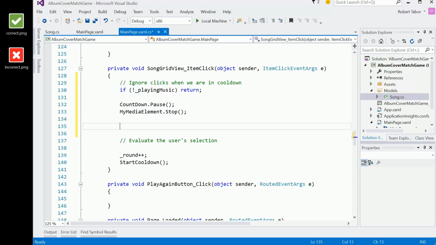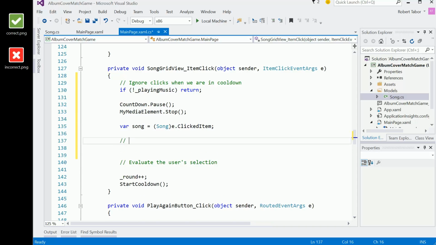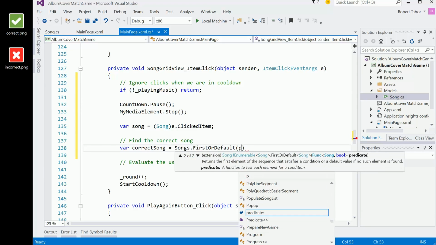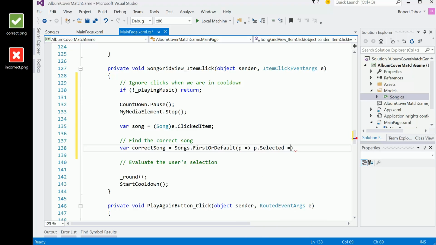Next up, we want to determine what was actually clicked on. So we're going to go var song equals the clicked item in the grid, and we'll cast that to an instance of song. All right. And now we want to find what the correct song was. So what did we pick randomly before we started this round? Well, here we want to actually get access to the correct song. So FirstOrDefault where selected equals true. Okay, and now we want to